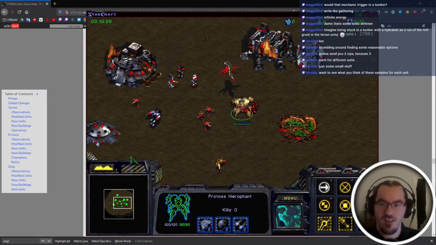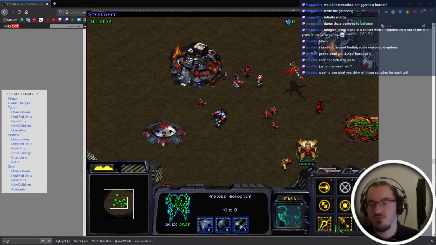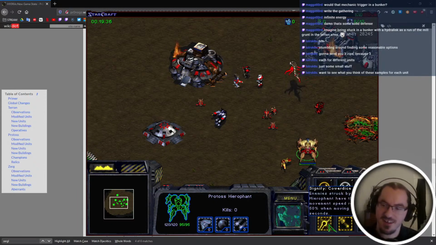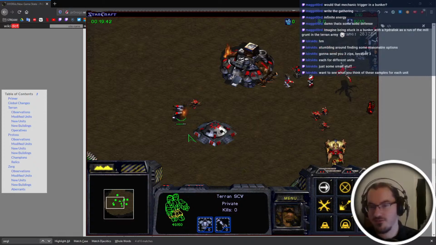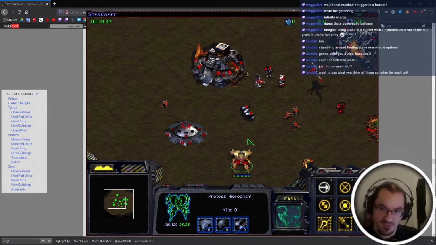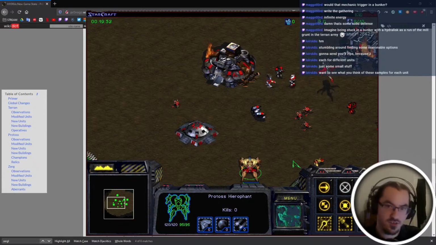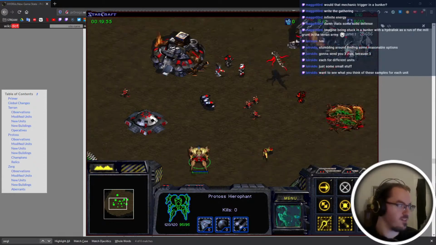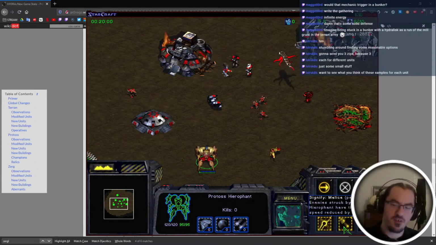So the main calling card for this unit is that it has this signification passive. It has two layers to it, where if you attack a unit and then the unit tries to run away, it's hit with this debuff where if it's running away from any Hierophant, it will move slower. So you can obviously use this to chase armies down or whatever. In conjunction with other units, you could use this to really slow anybody's retreat, basically. The other thing is that units that are struck by them have their attack speed reduced. I don't know if I'll keep that. It's not a very large attack speed reduction, but